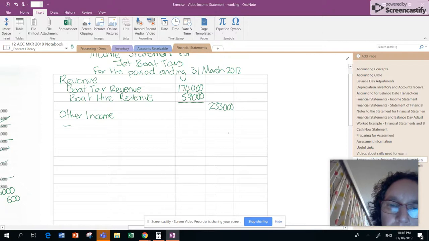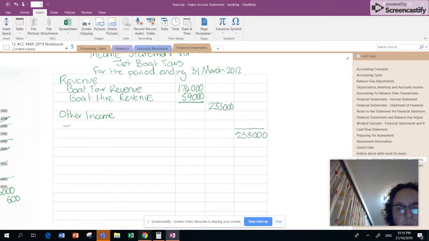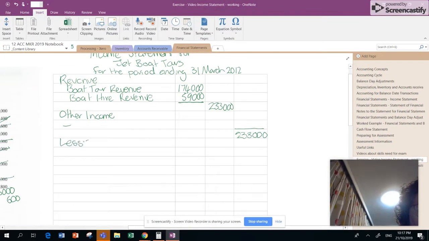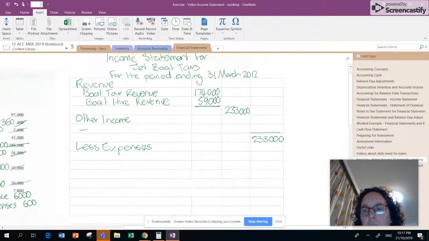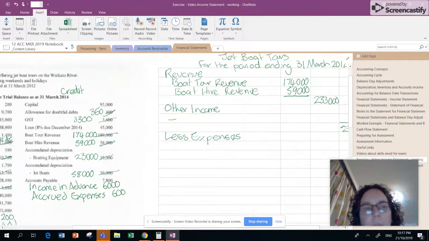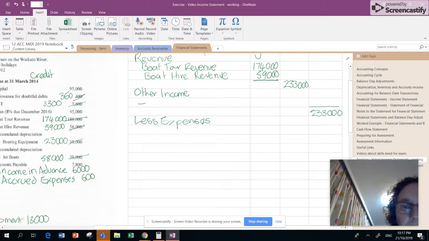And so 233,000 is our total revenue. Now we're going to go less expenses, and we're going to split up our expenses now. Now it's up to you whether you go through and split them up or whether you do it as you go. So our expenses are going to be